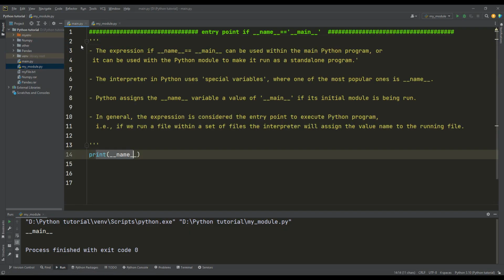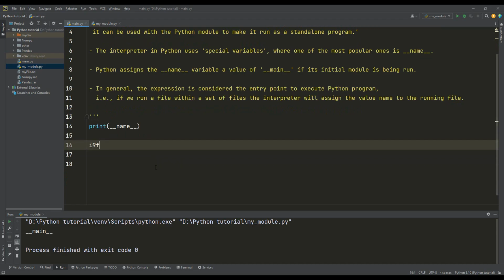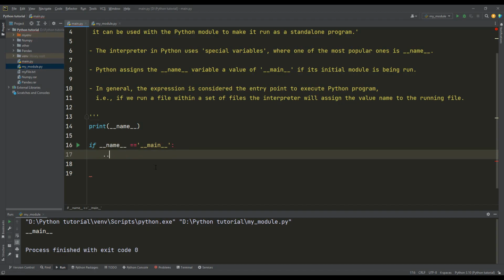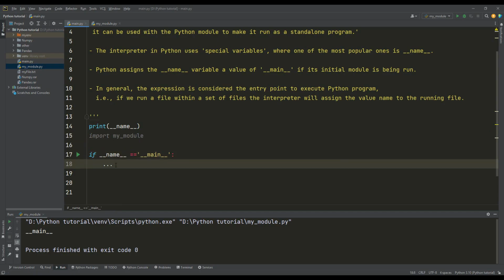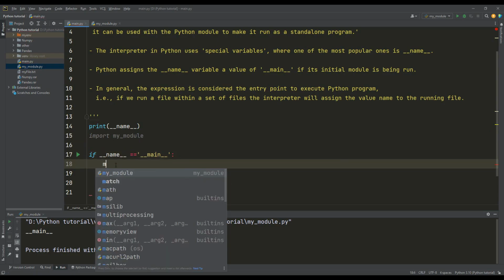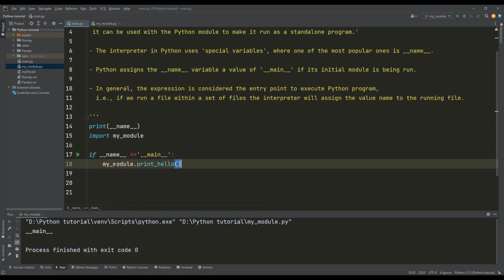What we can do here is use this expression: if __name__ == "__main__", then we can execute whatever we want here. For example, I can import my module here, and if this name equals main, I will execute my_module.print_hello, world.